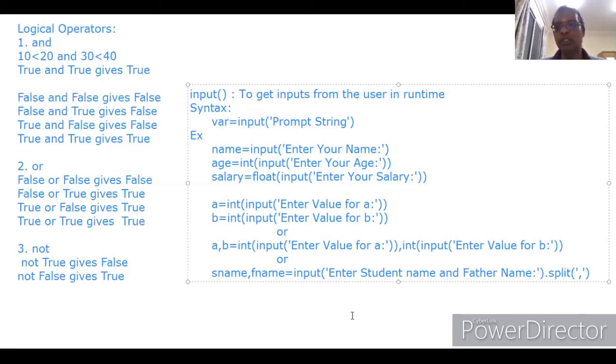So inputs are separated by comma here. If you want to use some other separator, such as a space, the comma should be replaced with a space. If any other character, you can put that instead. So these three ways we can get input from the user. Now we will write some programs to explain logical operators as well as inputs.